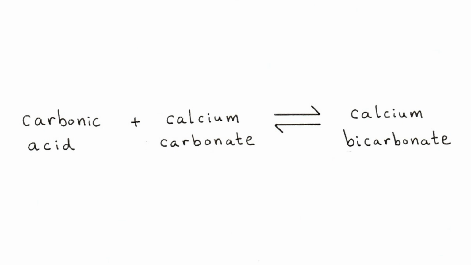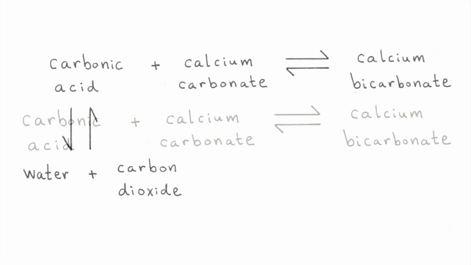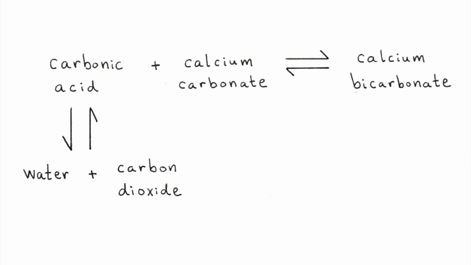Remember also that the carbonic acid is still in a dynamic equilibrium with the water and carbon dioxide. So again, changes in the amount of water or carbon dioxide are going to mean changes in the amount of carbonic acid. And changes in the amount of carbonic acid are going to mean changes in the amount of calcium bicarbonate that is produced. And this is so critical because what it means is that water doesn't just unconditionally dissolve limestone. Under certain circumstances, it is going to act as a weak acid and convert calcium carbonate to calcium bicarbonate,